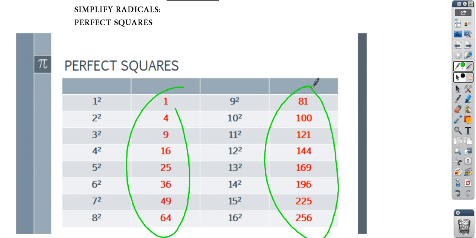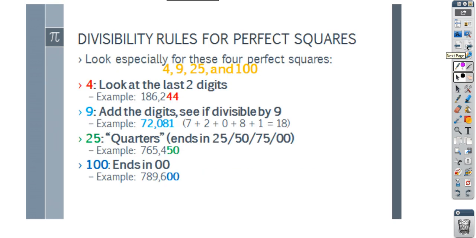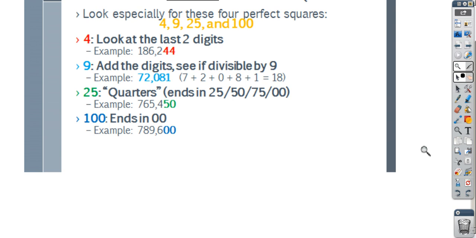And when you're factoring perfect squares, when you're simplifying what are called radicals, radicals is a word for square root, you want to look for 4 of these especially. The 4 easiest ones to factor are 4, 9, 25, and 100. So it's always easiest to look for those first. And I'll show you why. There's basically some tricks for telling if a number goes into that. Let's start with 100. The easiest way to tell if a number can be divided by 100 is if it ends in double zero. So this huge number right here, because it ends in double zero, can be divided by 100. So I could write that as 100 times